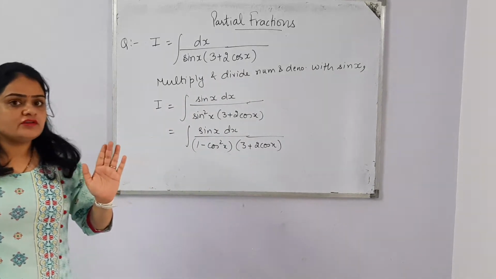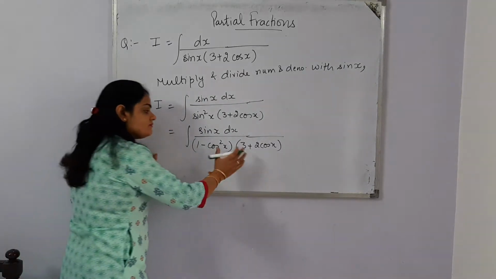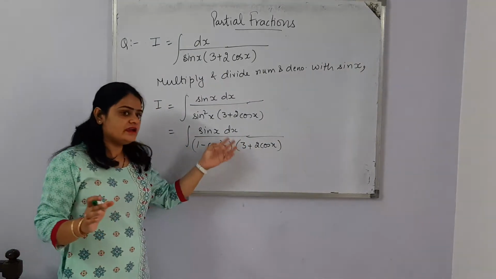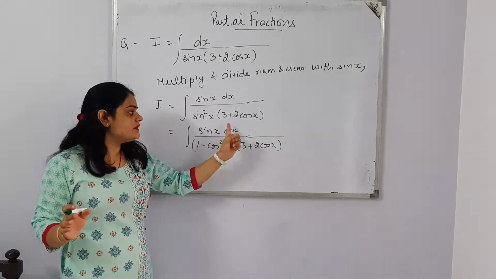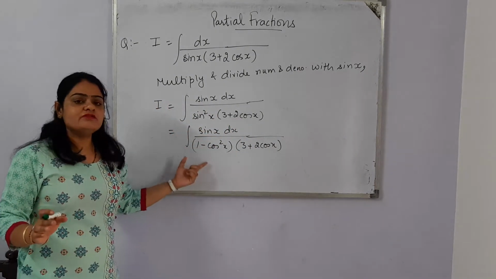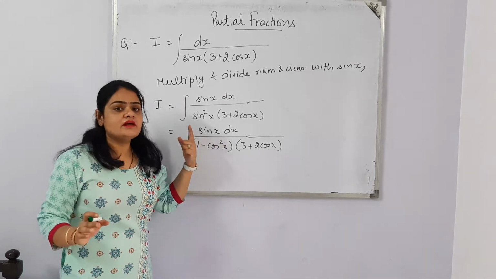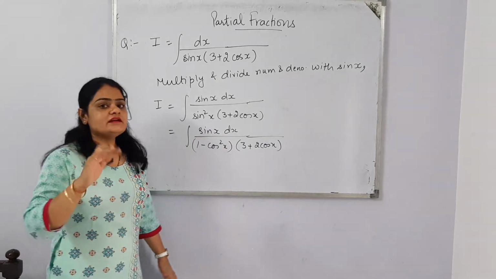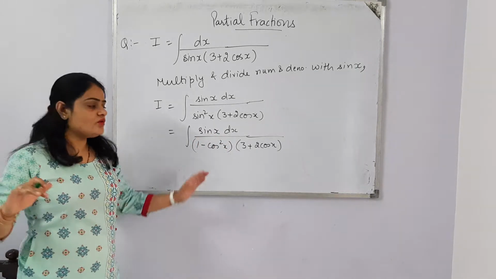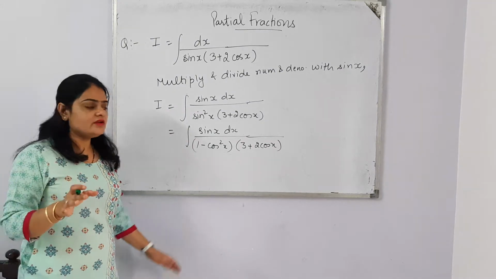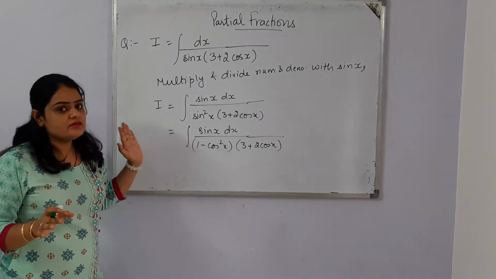So it is only possible when we have one sin or cos x, one trigonometric function, in the denominator and its derivative available in the numerator. Or it can be possible that the derivative is available but the function may or may not be available. So just because of the derivative, we think about the derivative of which function this is. We substitute that function equal to t, that we learned in the previous video. So the same thing we'll do here, but first of all